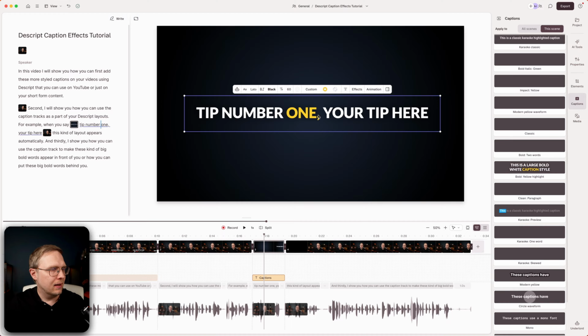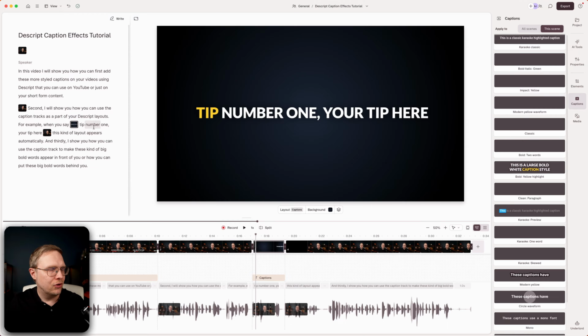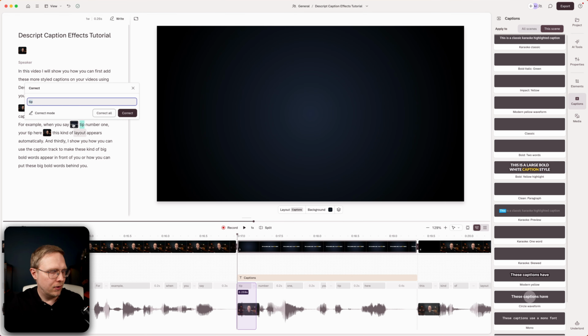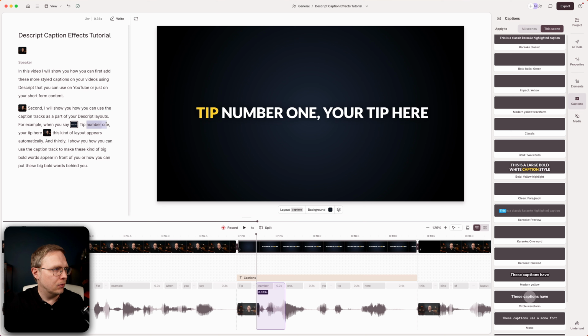And here, as you can see, it's set like one in letters. So now if we want to change this text, we need to change this transcript here. For example, I want this tip word to start as a big letter. So I just select this, push C and select the word. So now I can adjust this like this. I can select both words